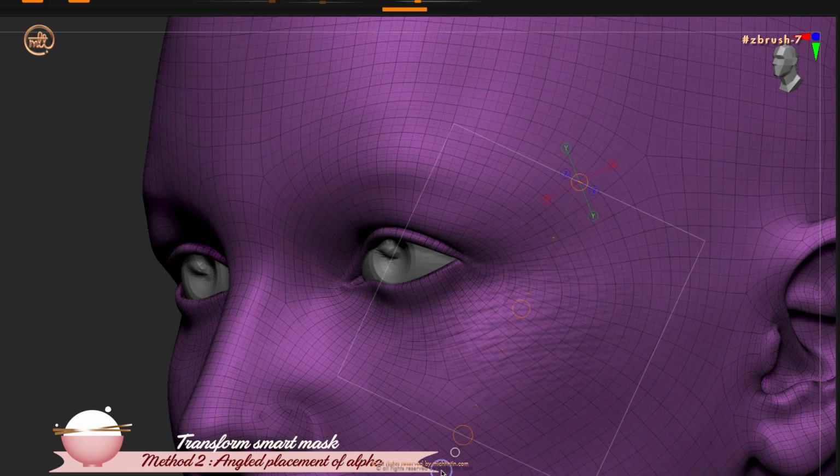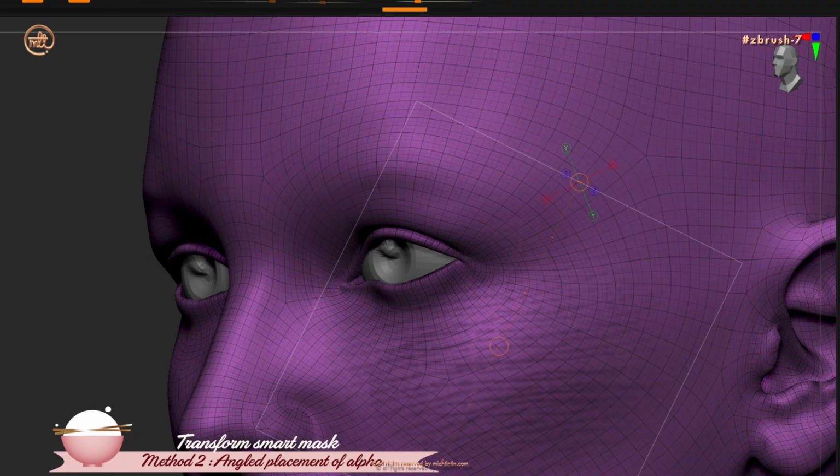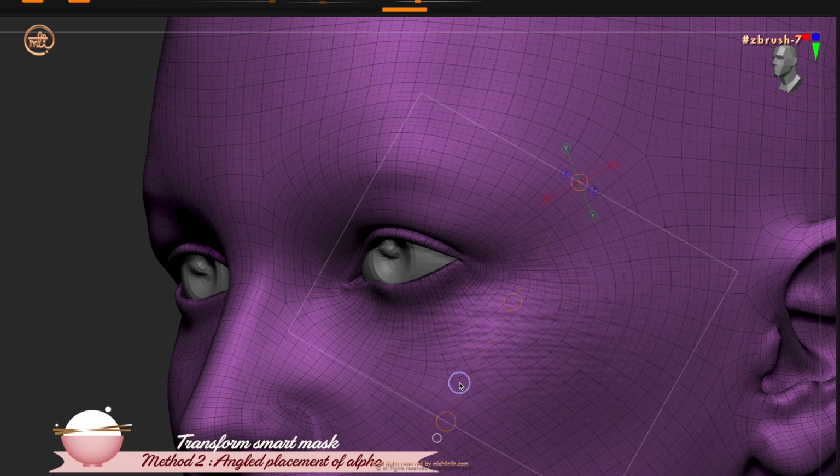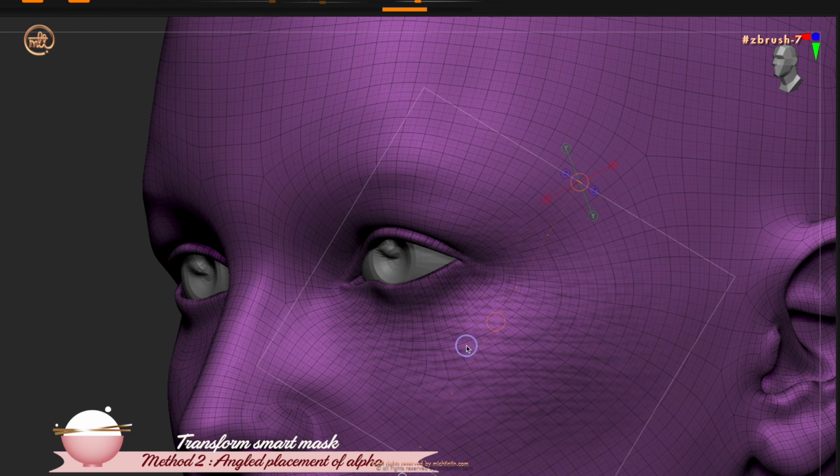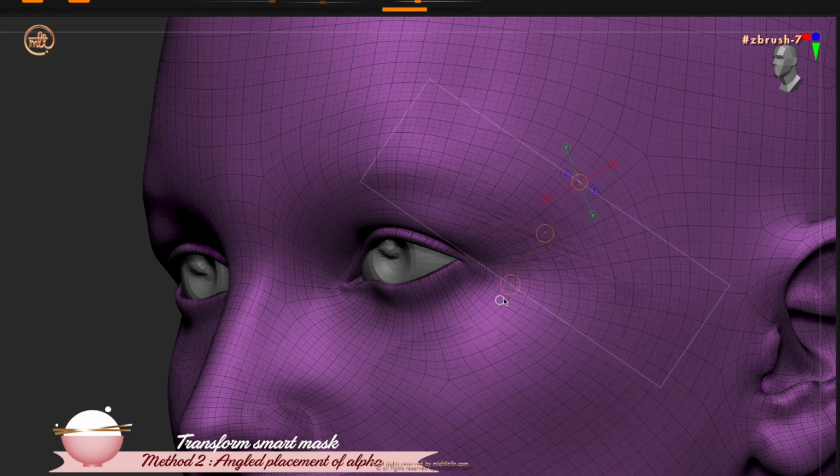One downside though, or maybe you can call it a feature, is if you scale it too big and you want to go smaller, you will end up skewing your mask. Like this wrinkle alpha, if I scale it up and then I want to scale it down again, it becomes elongated and flat. It can be a feature though, depending on how you want your mask to turn out. I'm not sure how to remedy this, but I think undo and redo the mask is the way to go for now.